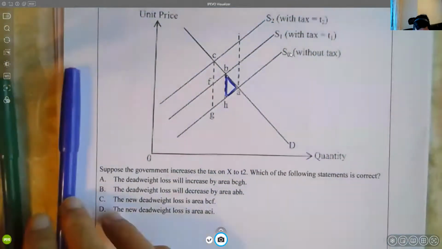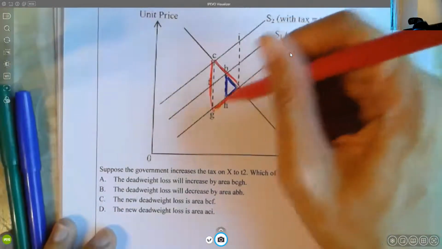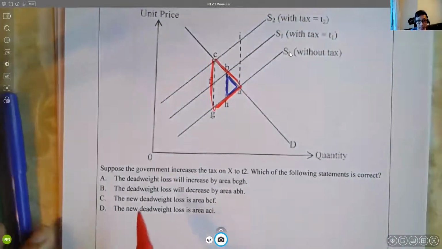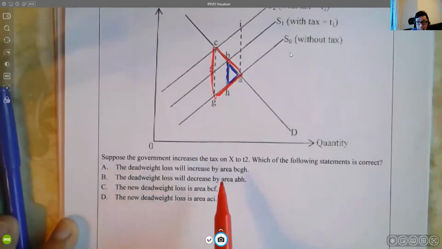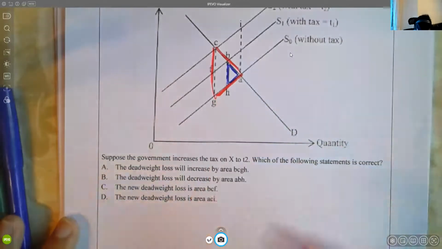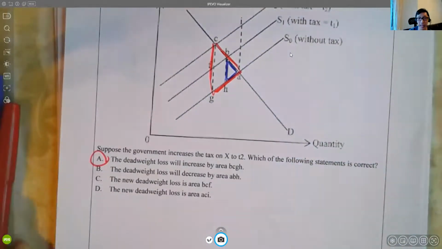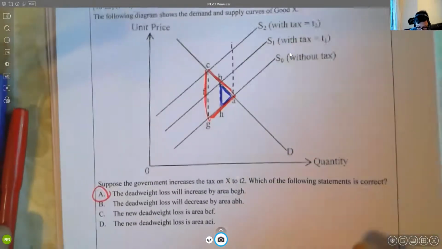What about T2? At T2, the deadweight loss is right here. So you will see the deadweight loss will decrease by B, C, G, H. Yes, A is the answer. 其實 A 就係答案啦，唔理啦。咦，死啦，印錯咗添。